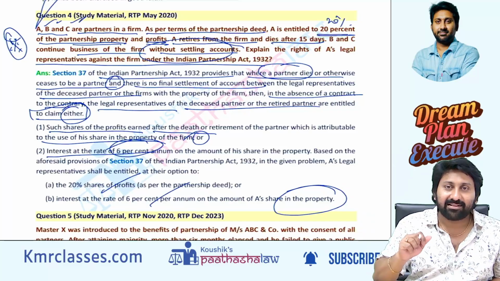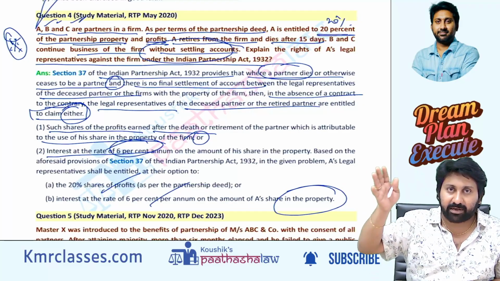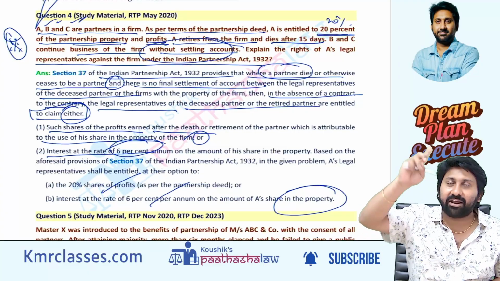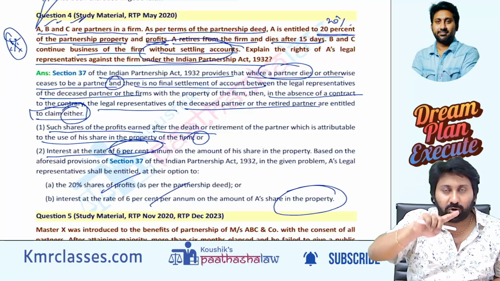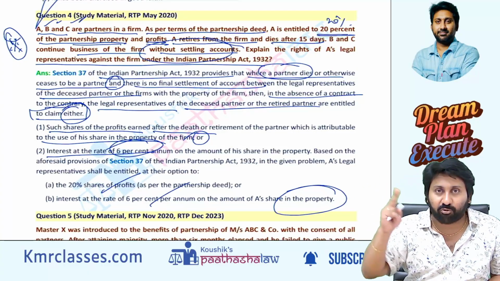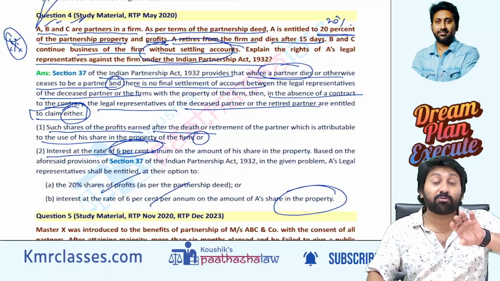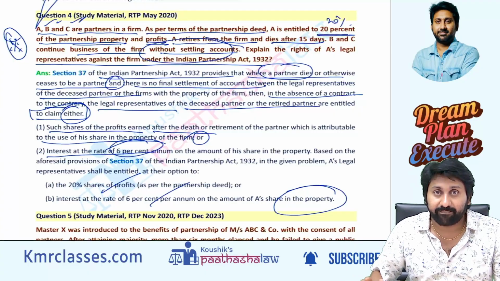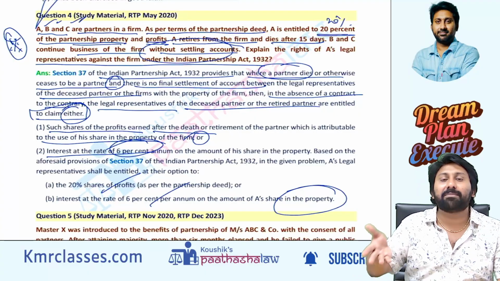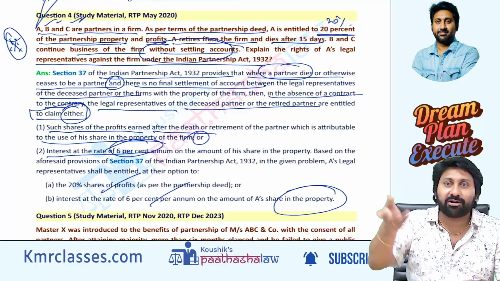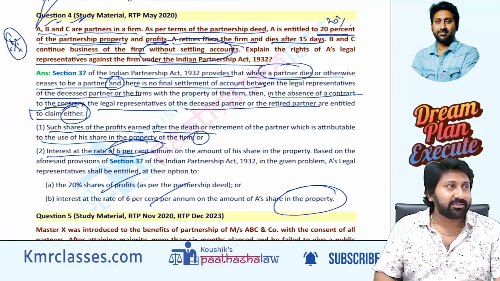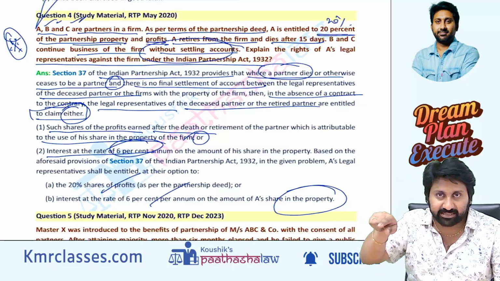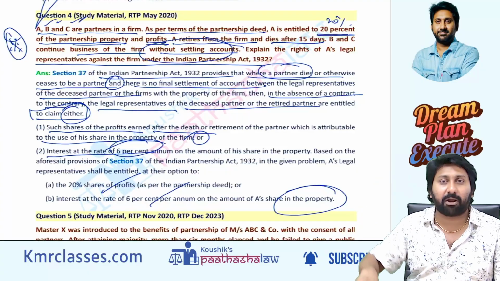Profit is 6 lakh. Example, property, 3 partners are there, A, B, C, 1/3, 1/3, 1/3. 3 crore is there. My share of property is how much? 1 crore. 1 crore at 6% or 6 lakhs at 20%, whichever you want, you choose that. Sometimes they will see my property value is very high. On that, if I have 6%, I will get a good amount. But profits are very less. 20% also is very less. 6 lakhs I got as profit. 6 lakh into 20% means 1 lakh 20. There I will get 6 lakh. So depending on the circumstances, legal representatives can demand either share in profits to continue in the same way or 6% interest on the property value.